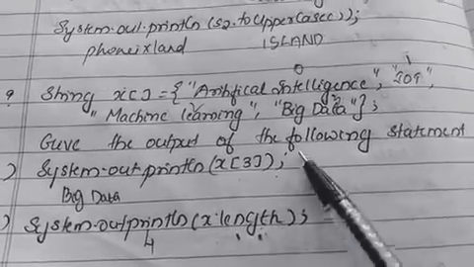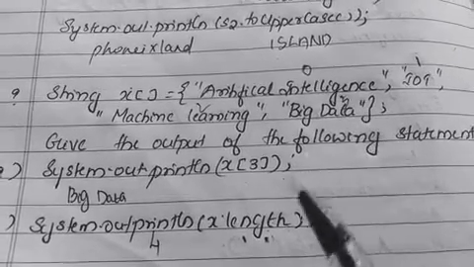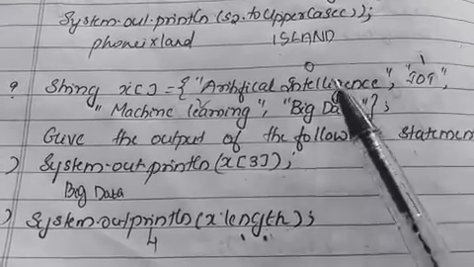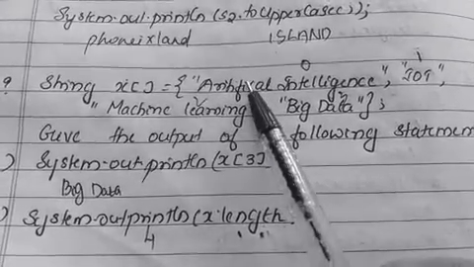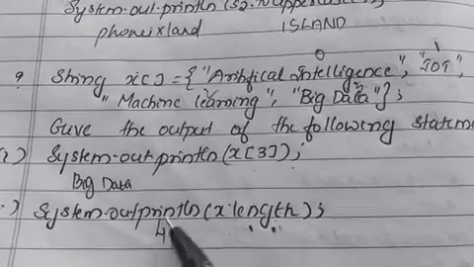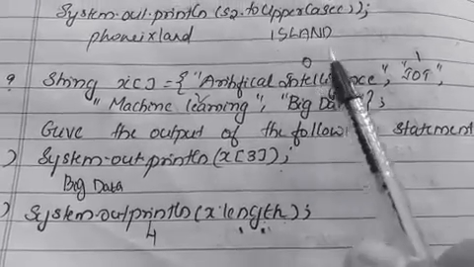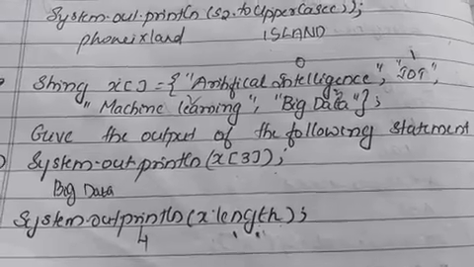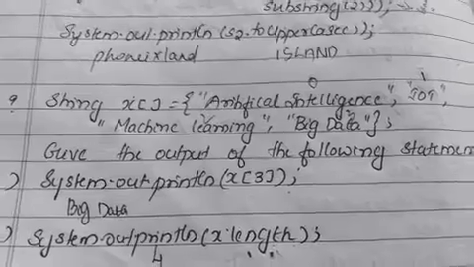So how will you find the length of the array? Similar to the string, the number of elements in the array is the length of the array. So how many elements are there in this particular array x? We want to find the length of x. So a total of 1, 2, 3, 4. So the result is 4. When we are setting the index position it starts from 0, but when we are counting the length, it starts from 1, 1, 2. Like that you have to count.